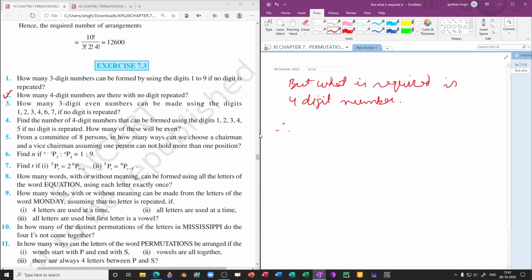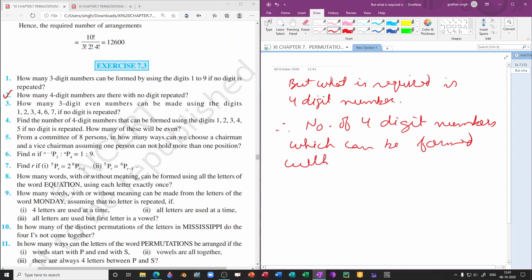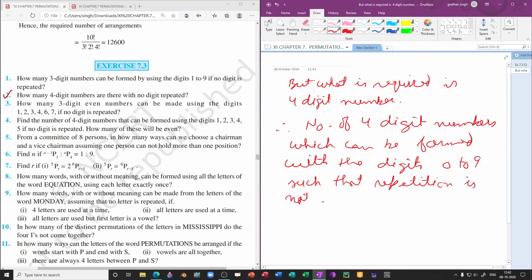Therefore, the answer to how many 4-digit numbers are there in which no digit is repeated is: the number of 4-digit numbers which can be formed with the digits 0 to 9 such that repetition is not allowed,